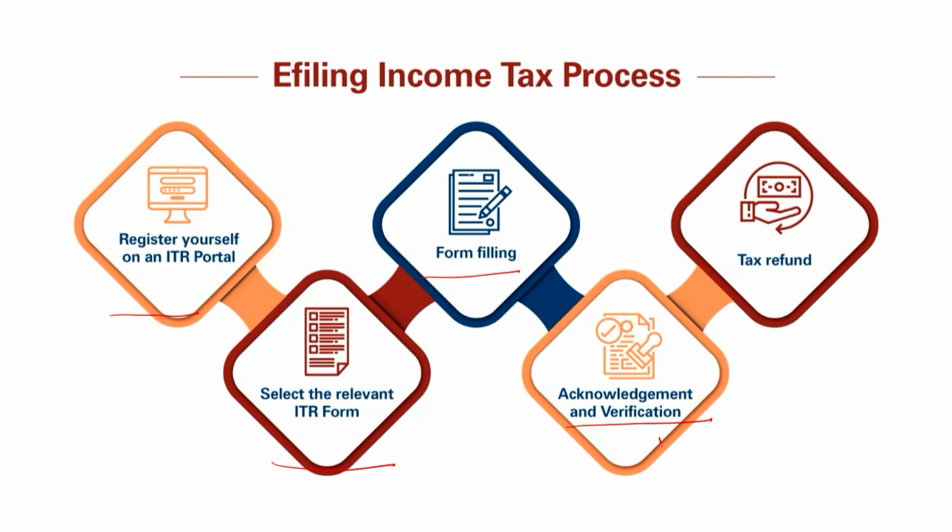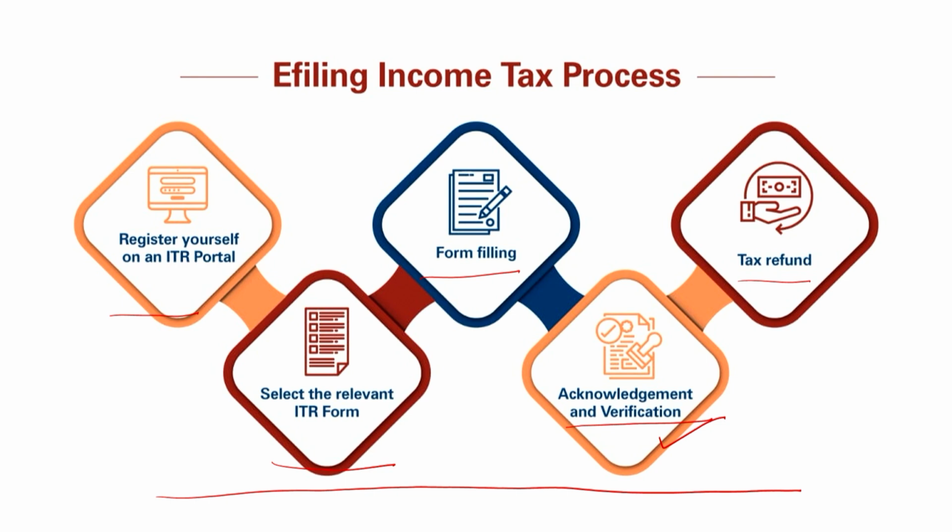After that, acknowledgement and verification is done with the help of some OTP and your PAN account number, and then the final submission of the ITR is done at this stage, and after that the tax refund is given to the assessee after processing the income that has been submitted in the procedure of ITR filing by the assessee. So this is the e-filing income tax process, which is very easy as well as convenient and less time taking